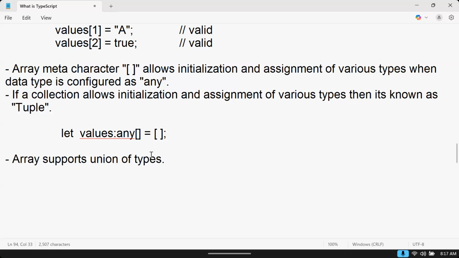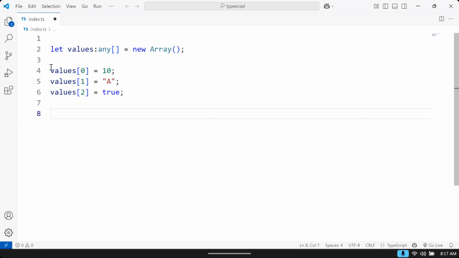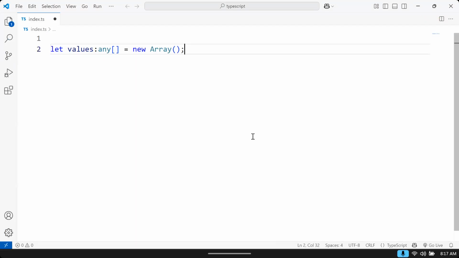For example, you see now here, I am configuring values as an array of string type and number type. That's fine. That means it is a union of two types: one is number, another one is string. What does it mean? It can handle both numbers and strings. But again, the problem is that